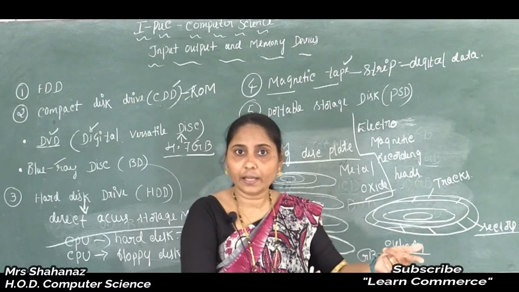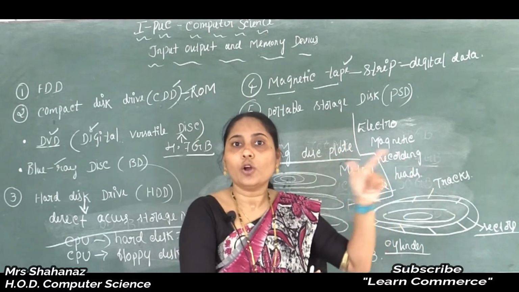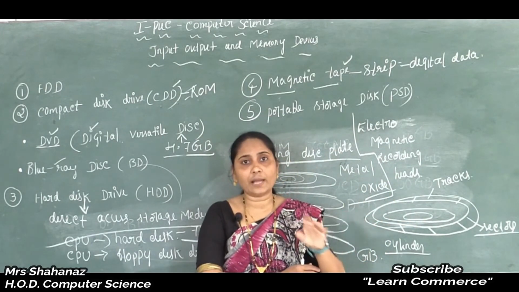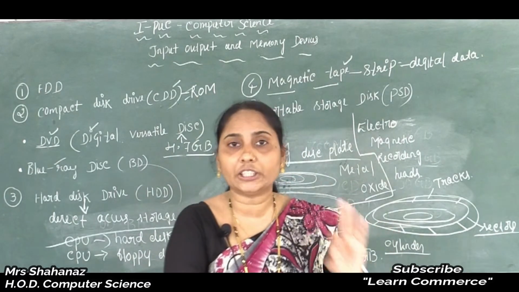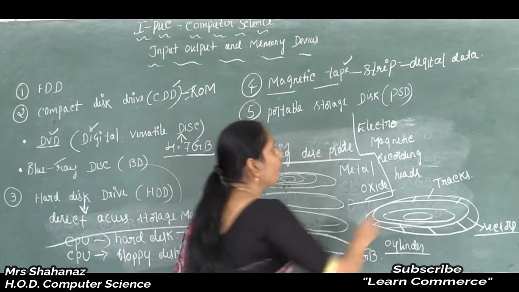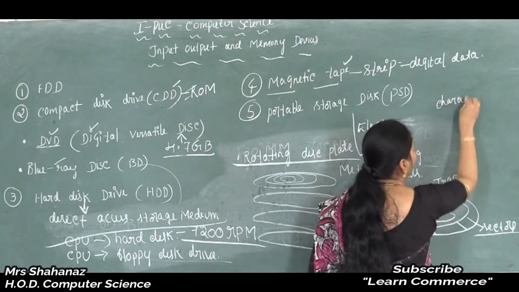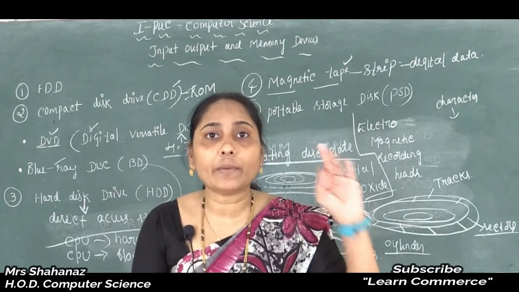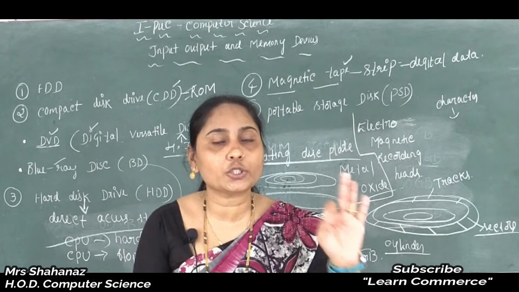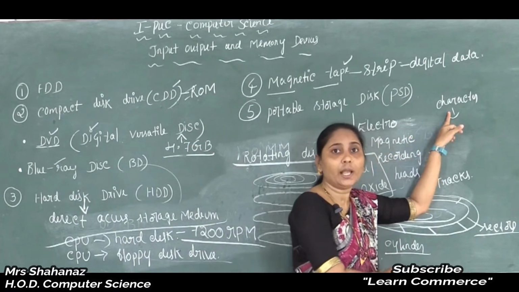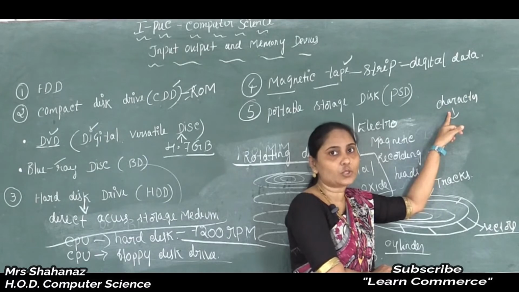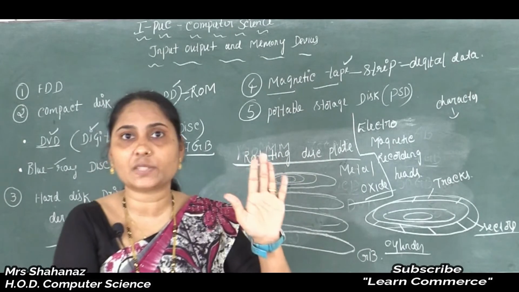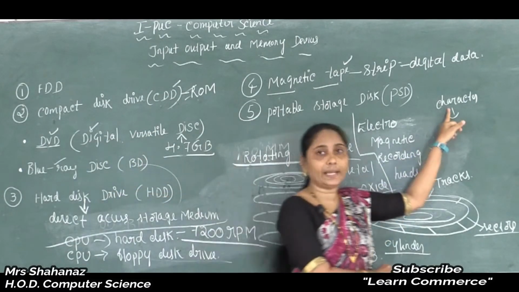So we can say that this device is specially used to record the digital data. Whatever we record, we record in a digital manner only, maybe to form one character or any character. To form any character, we need 7 to 9 bits just to form a character. Clear this point? We know the bits are 0 and 1. So like that, we need 7 or 9 bits just to form a character in this case.